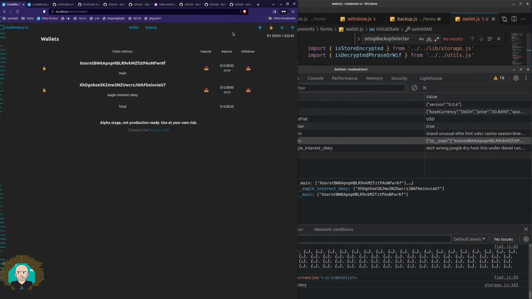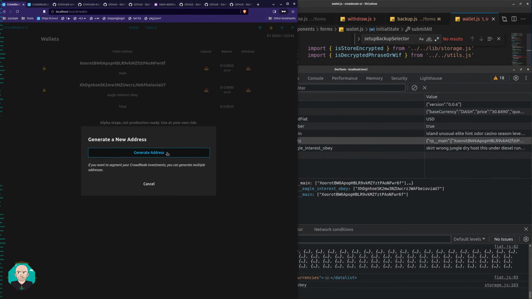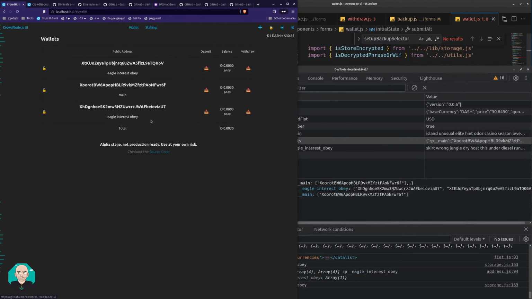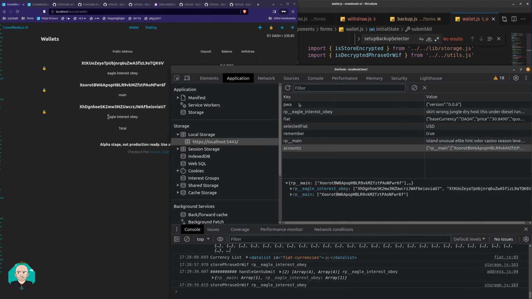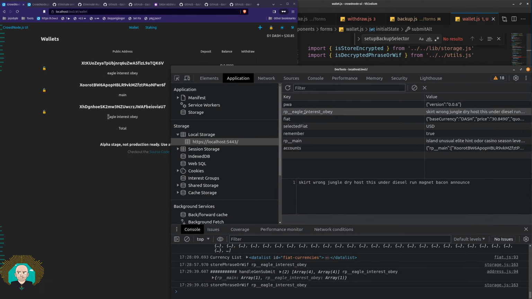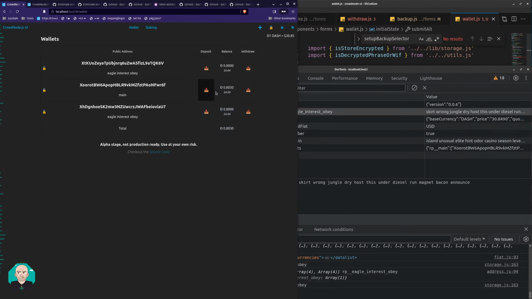It will default to whichever is the first one it finds. So if I click generate, it might be, I don't know. Let's just find out. Okay, it used the last one added, but I'm guessing that's why. I think this one just came sooner as it was going through the for loop. So it used the first one it found, which is okay. It did generate a new address, but